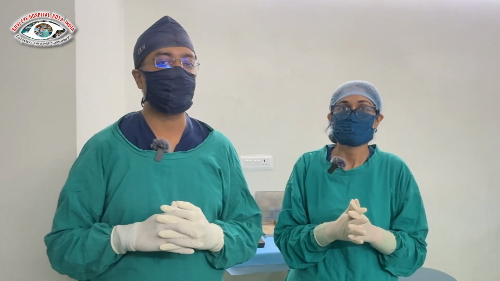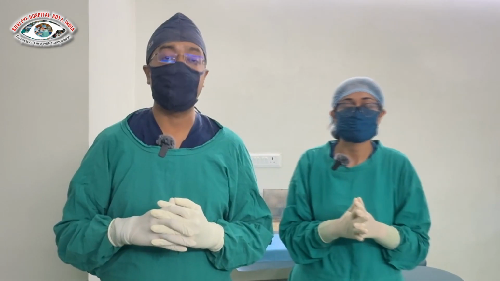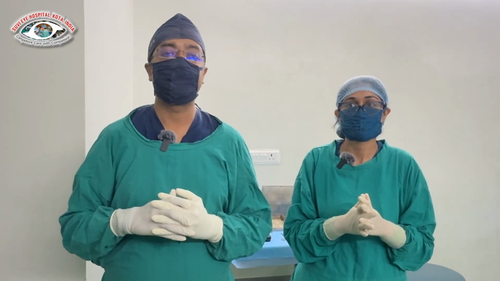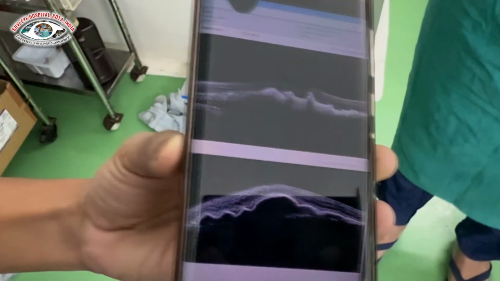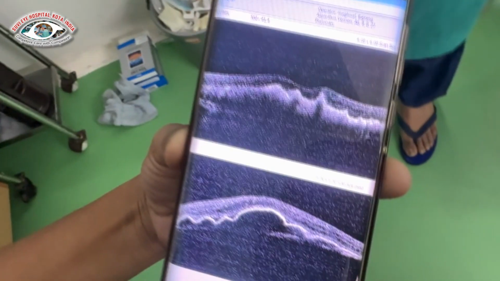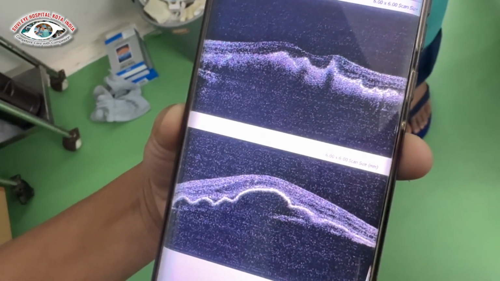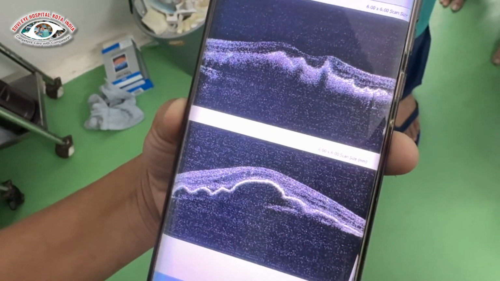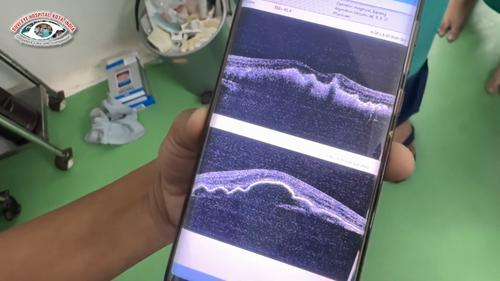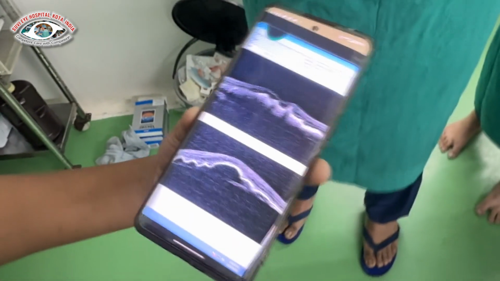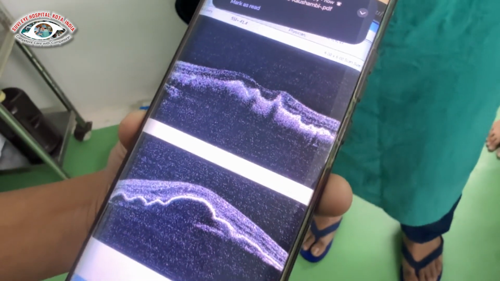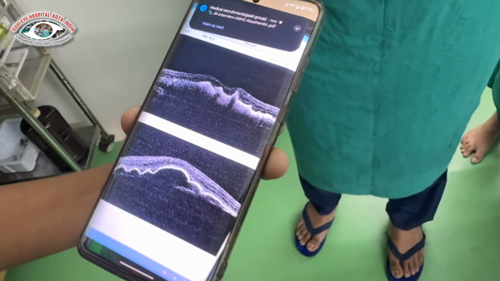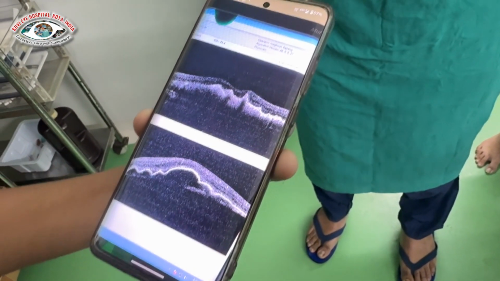We have a patient of neovascular AMD, polypoidal choroidal vasculopathy, and he had subretinal hemorrhage to a large extent. As you can see on this OCT, 1 month back, due to the underlying polypoidal choroidal vasculopathy, there was a subretinal hemorrhage, and on the first intravitreal aflibercept injection, the extent of the subretinal hemorrhage shrunk. The below one is the earlier OCT before the injection, and the above one is the OCT after the injection. So with one dose of intravitreal aflibercept injection, such extent of subretinal hemorrhage reduced.